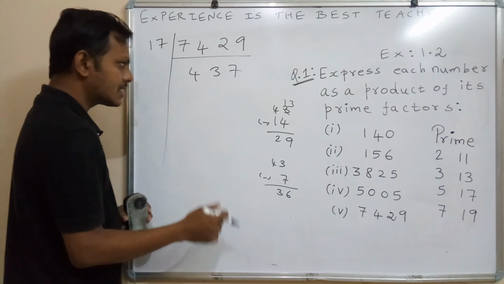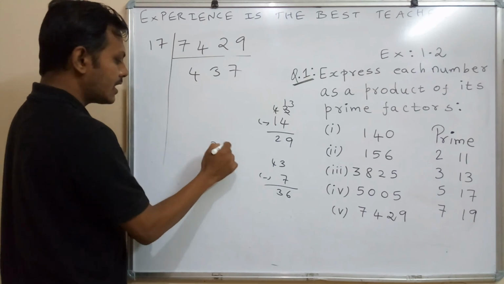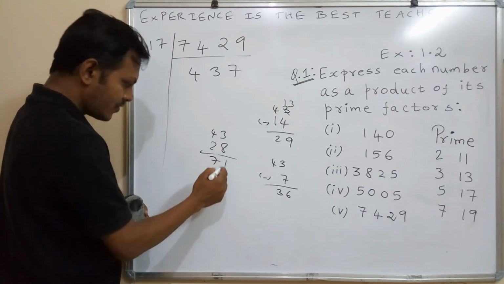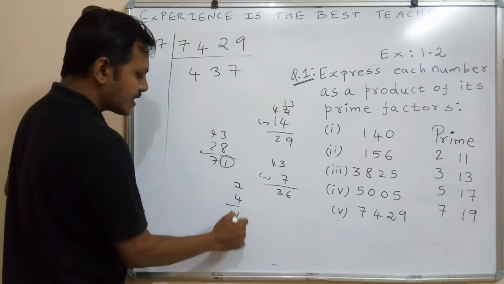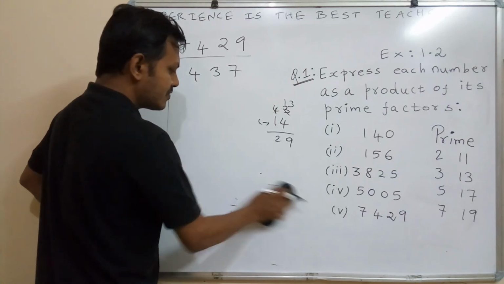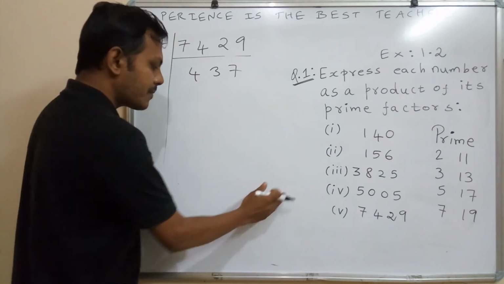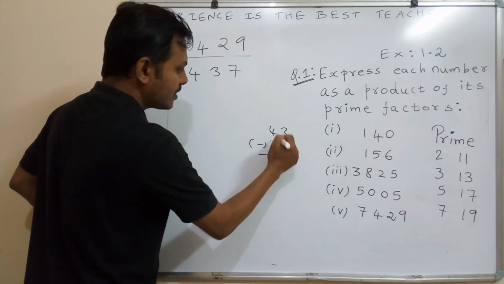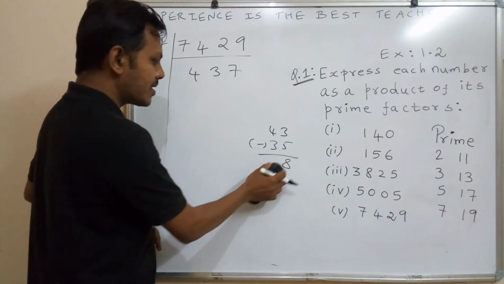So next prime number is 13. The divisibility rule for number 13 is 4 times the last digit and add with the rest of the number. So 8 plus 3, 11, 4 plus 2, 71. So 11 will not come in 13 table. The next prime number is 17. The divisibility rule for number 17 is 5 times the last digit and subtract it from the rest of the number. 5 7s are 35 and 43, subtract it will become 8. So 8 will not come in 17 table. We just leave it. Next prime number is 19.